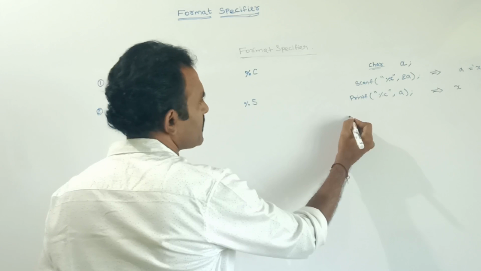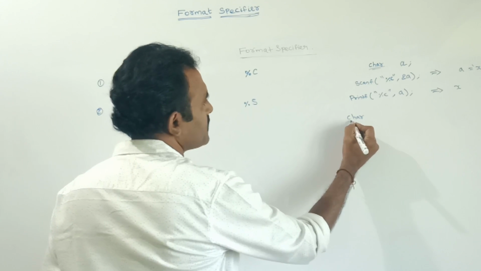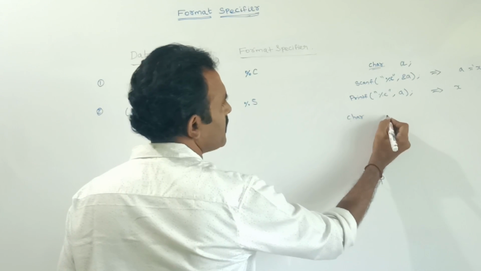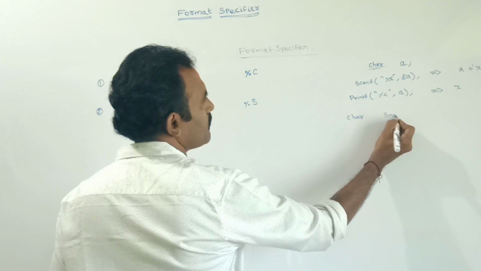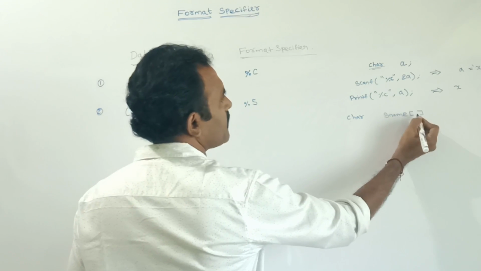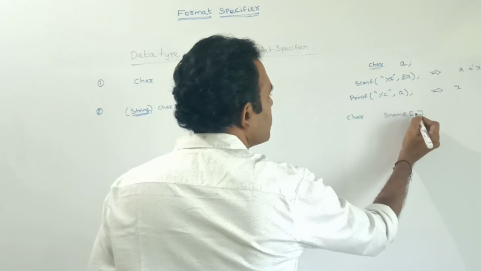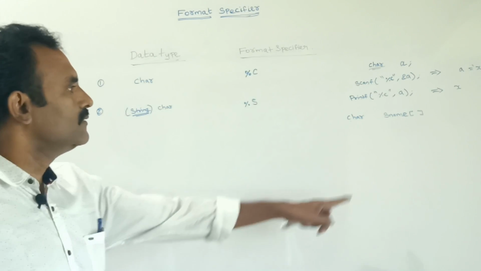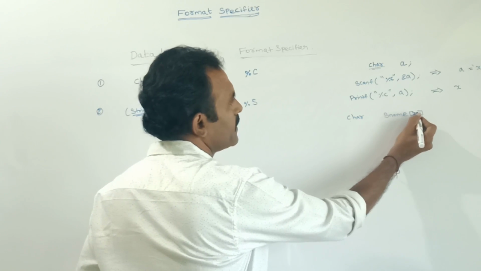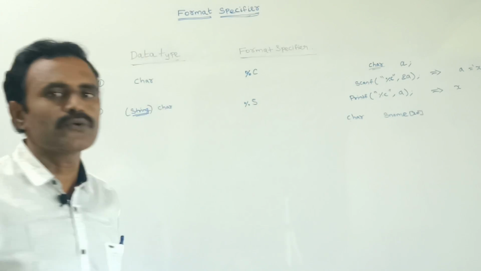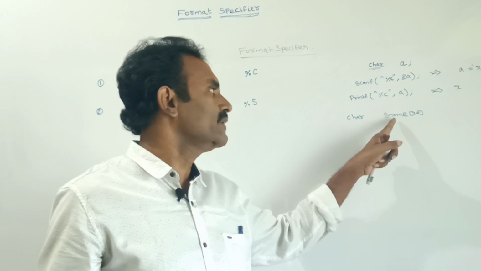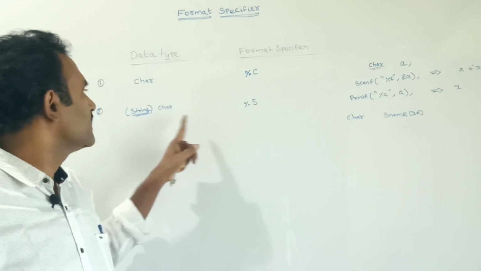First, char, this is the data type. Character data type. Next the variable name, student name, let us keep it as sname. Here we should mention the array size within square brackets. Suppose I am giving 20, then the sname variable can hold up to 20 letters. Maximum 20 letters can be stored in sname. In this way we can declare a string.